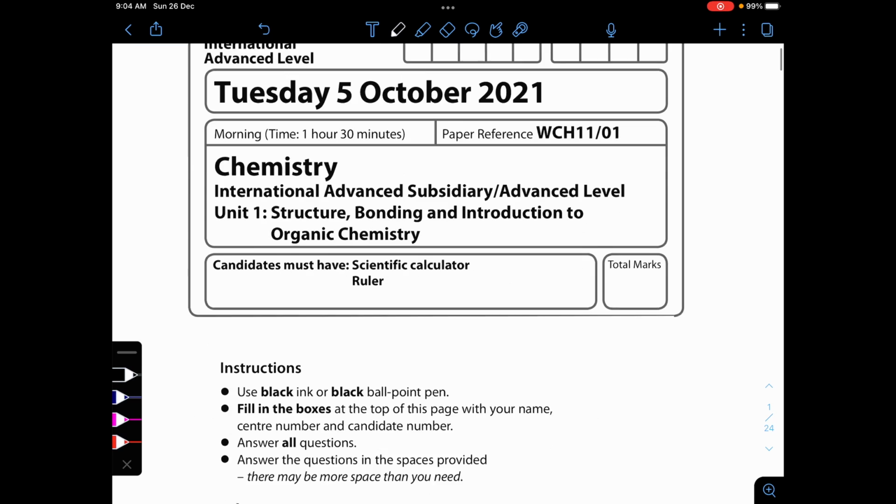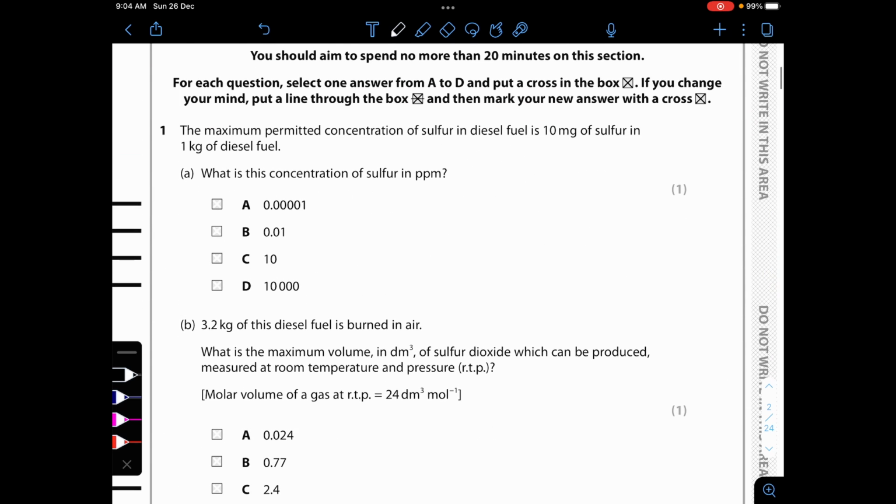So question number 1. The maximum permitted concentration of sulfur in diesel fuel is 10 milligrams sulfur in 1 kg of diesel fuel. What is this concentration of sulfur in ppm? So to calculate ppm, we have to do the mass of the solute, which is the mass of sulfur, divided by mass of solution, which is the 1 kg of diesel fuel, and then we times that by a